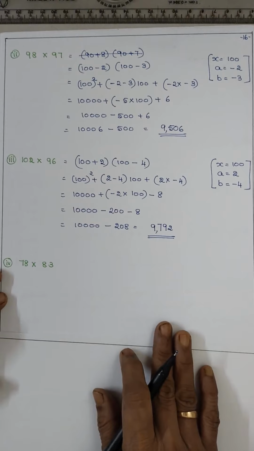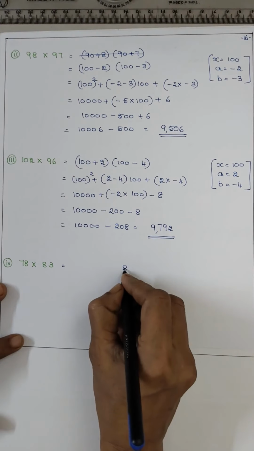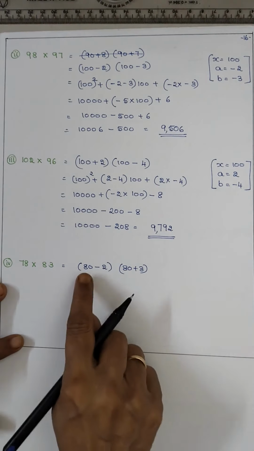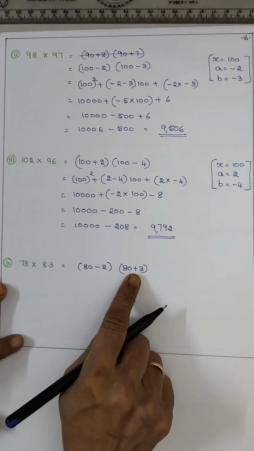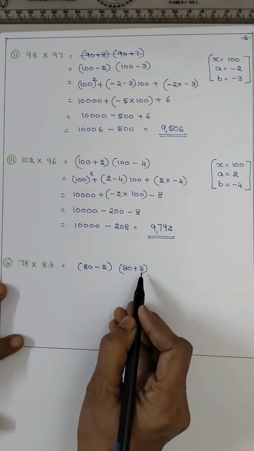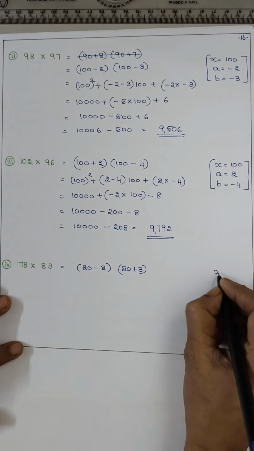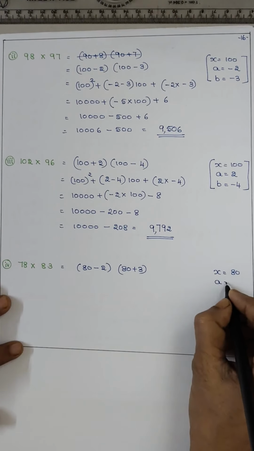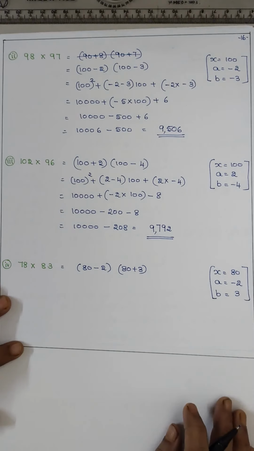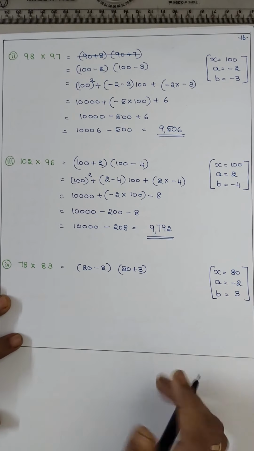Now coming to the last sum, 78 and 83. Take the addition one first: 83, that is 80 plus 3. 78 can be written as 80 minus 2. So this is (x plus a)(x plus b). If we interchange, it is still the same, isn't it? So either a is minus 2, b is plus 3. Understood? So the first one came negative, the second positive. So x is equal to 80, a is equal to minus 2, b is equal to plus 3. So while splitting, always think of the addition one first, and only then is it easy. Okay, now it is